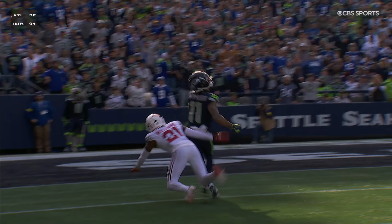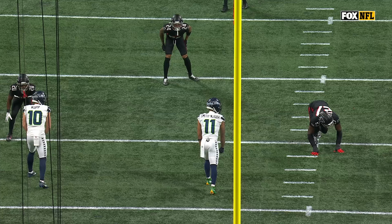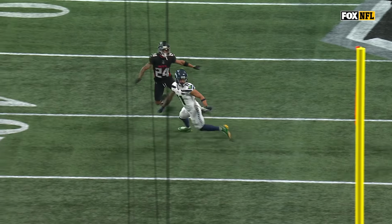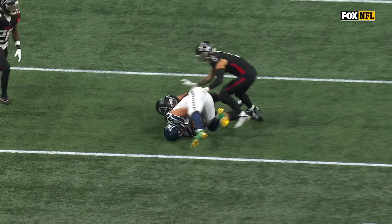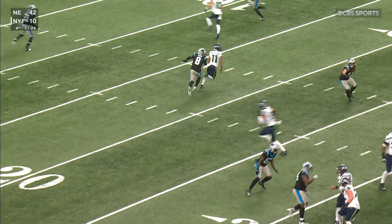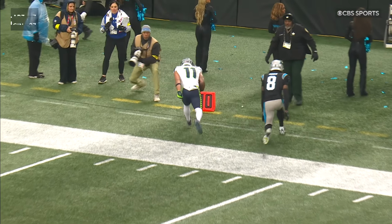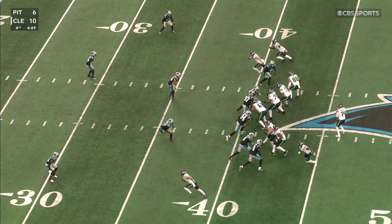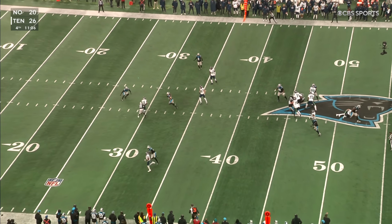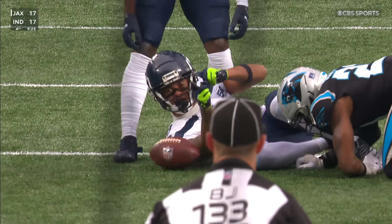That leaves them in man coverage, able to take advantage of it as Smith-Njigba. He's very smooth in and out of breaks. He's got a great feel. He's got change of pace where he's got the ability to run past you if you sit on things. But the start-stop for him, and he's got a low center of gravity. And it's great to listen to coaches talk about that progression from last year to this year. Last year, you've got DK Metcalf. You've got Noah Fant. You've got some other guys around you. When they leave the Seattle Seahawks, he has to step up, and boy, has...